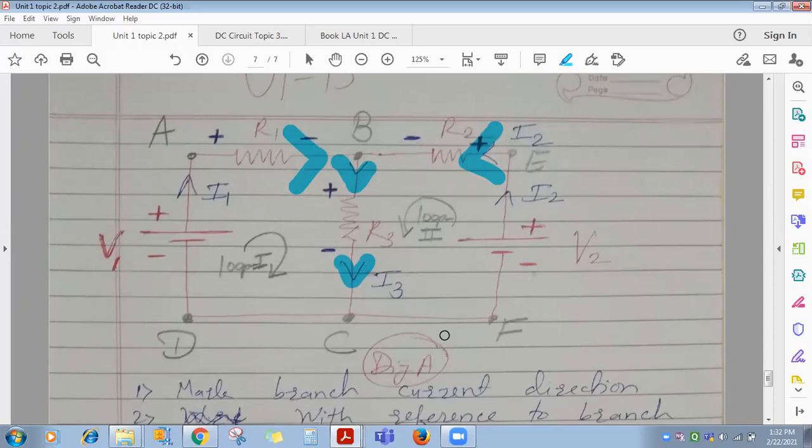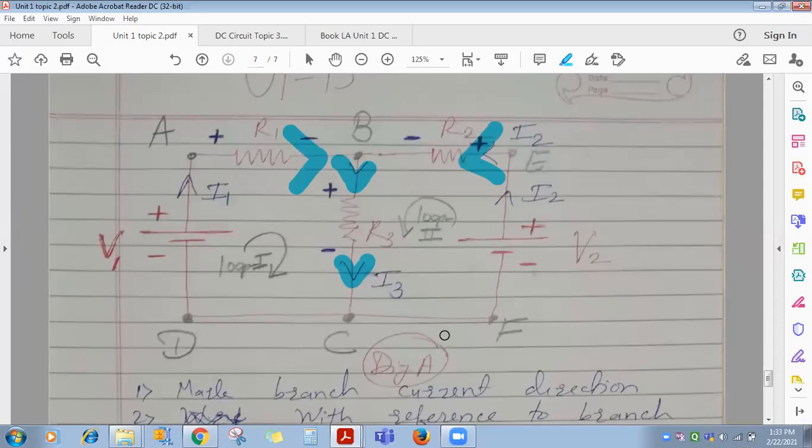But I3 is equal to what? I3 is equal to I1 plus I2. Ideally, how many unknowns are here? Only two, I1 and I2, because once you get I1 and I2, you will easily get I3, since I3 is equal to I1 plus I2. Here actually three are there, but the third equation we already got: I3 is equal to I1 plus I2. So two unknowns.